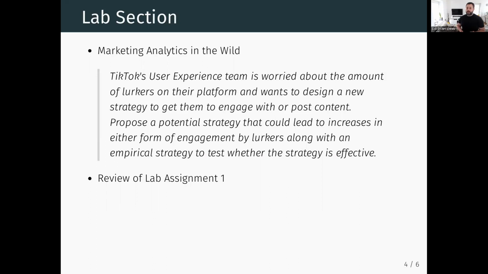And I would recommend before turning up to the lab section to think through that in your own time and have your own ideas how you might do that. So when you turn up, the discussion is going to be immediately, here's some competing ideas that might work, which one might be best and why. The second part of that lab section is going to review material from the first week's lab section, which was visualizing social media data.